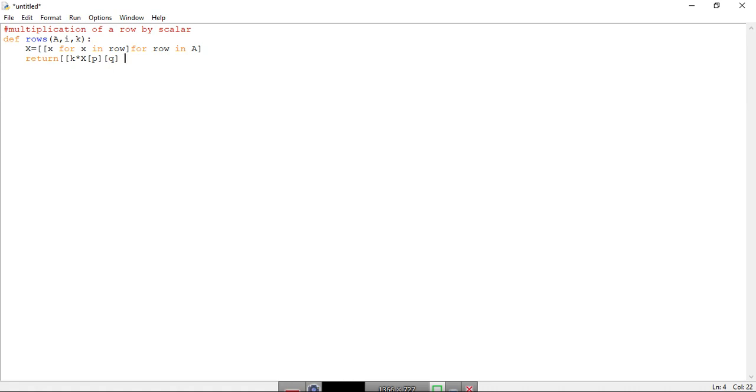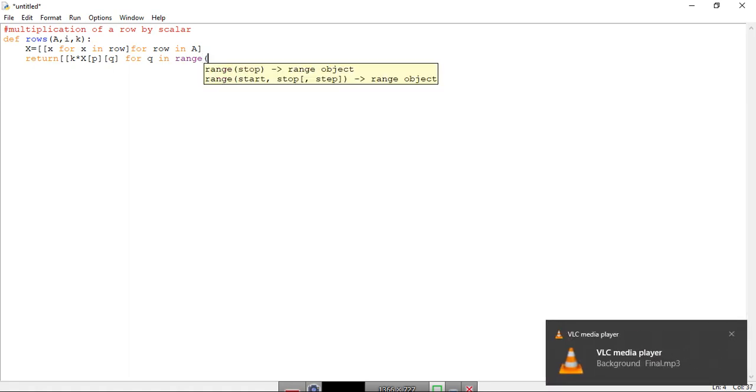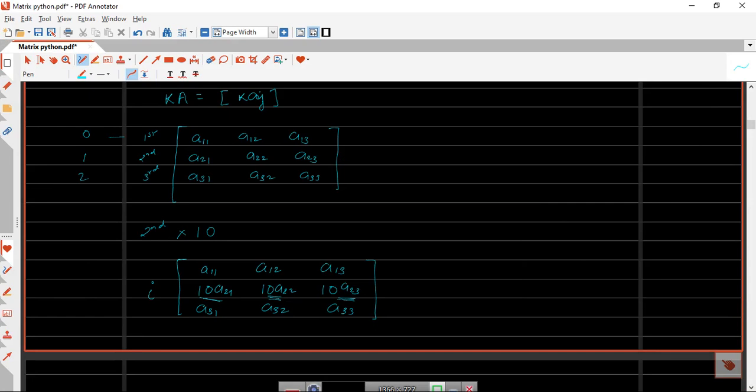So k times x[p][q], for q in range, where we want to take the length of matrix A, and that q will vary over the columns, right? These columns 1 2 3.